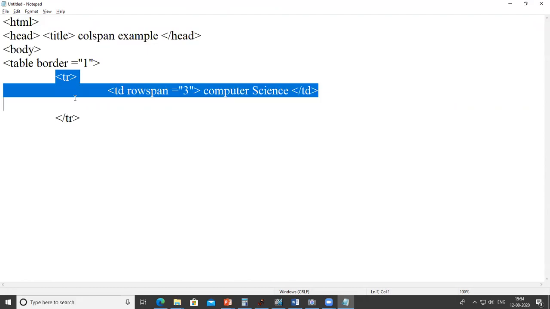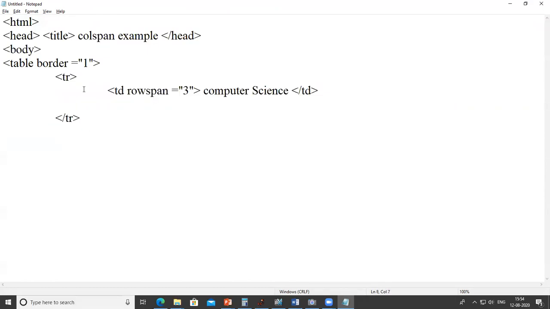Same code. In new TR, I use one more TD. So one more TD we add here. I write here FYCS. Close with TD. In second TD, I write SYCS and close the TD and TR.